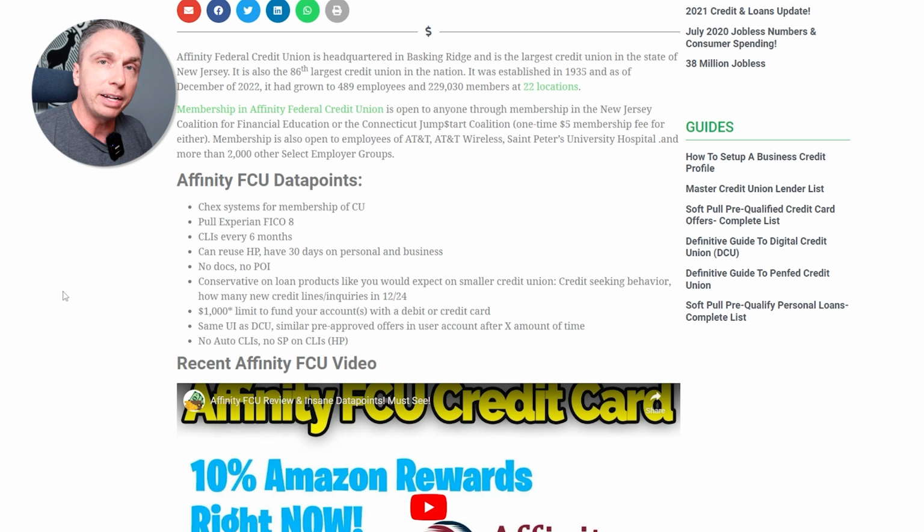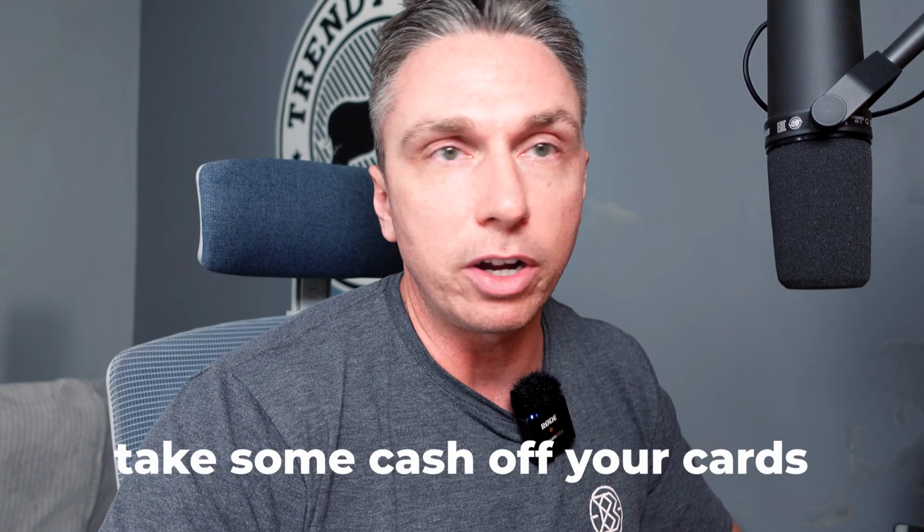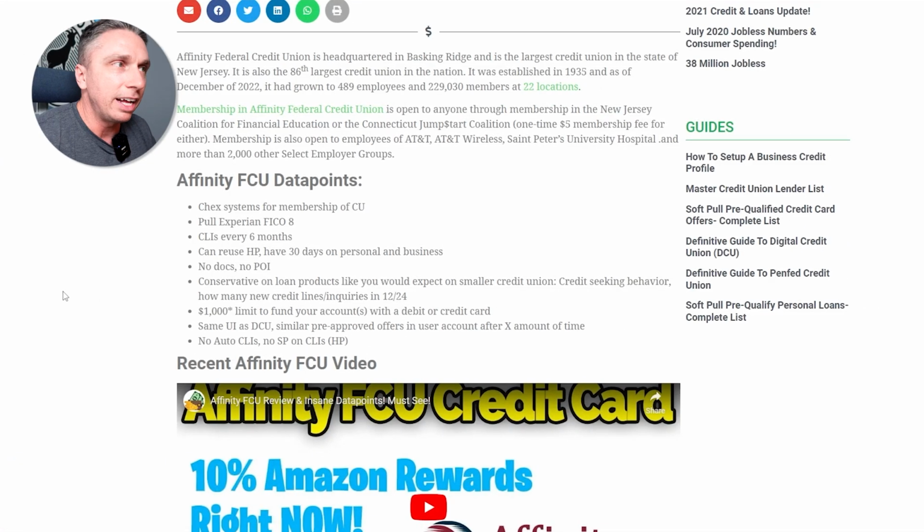This is actually really common at a credit union. This may or may not be a way that you can take some cash off your cards and move it out into debit and get it into cash. So it's worth noting that this is essentially a cold application into the entire ecosystem and to their top tier